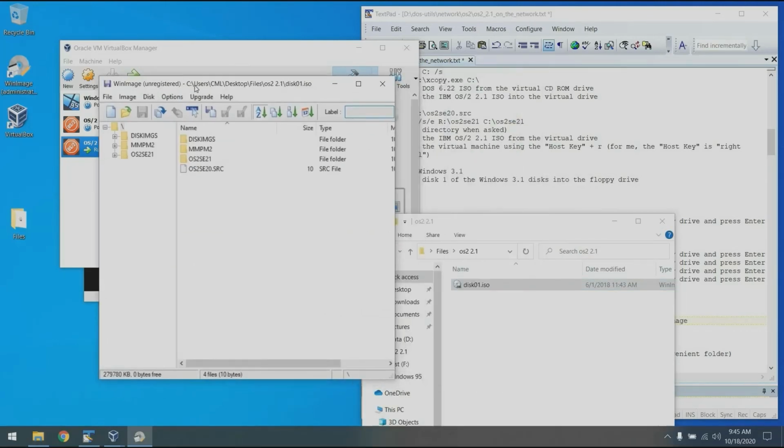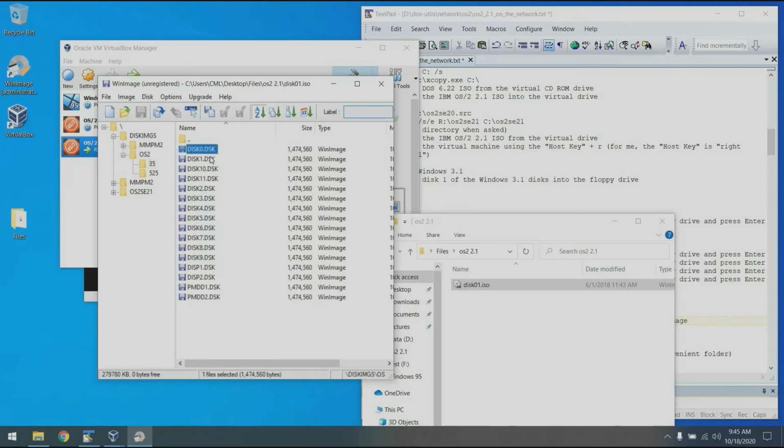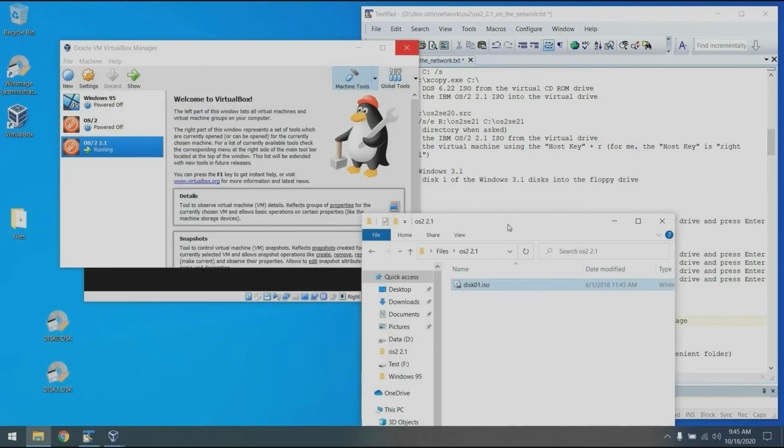And now I need to go and find these images. If I go to disk imgs OS2 3.5, we're going to extract disk 0 and 1 and put them in a convenient place. I'm just going to drag them to the desktop. At this point, we can close WinImage,